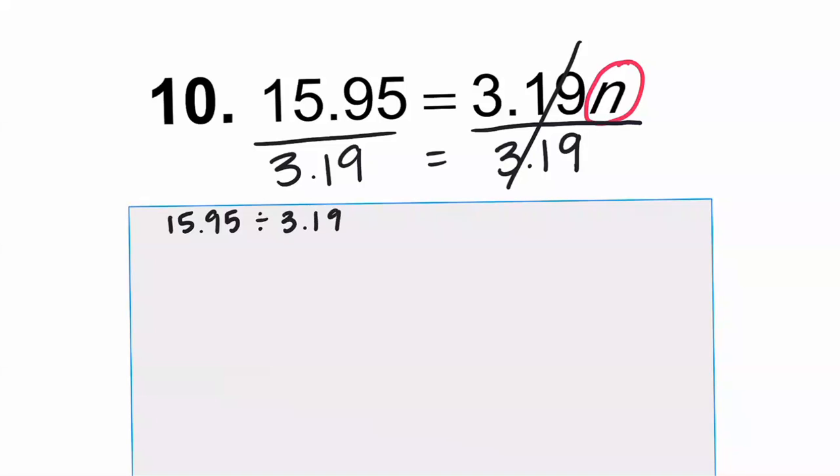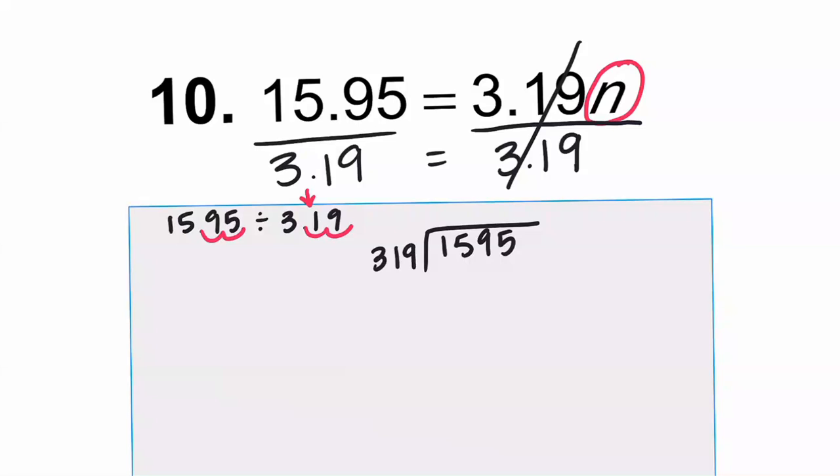What I've taught you to do is to locate the divisor, which is the one that we can't have a decimal in. It's this one. So I need to scoot that out. And what I do to one side, I need to do to the other. So what I'm doing is 1,595 divided by